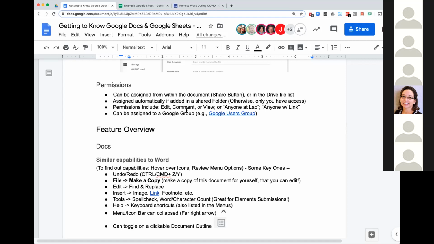So you can also assign permissions to a Google group, which is kind of nice because if you have a Google group already, you can just assign the Google group the permissions, and then you can manage who's in the Google group at the Google group level and not have to bother with adding each individual person here too. Google groups are great that way. You can add them to a meeting, and you don't have to worry about going everywhere and making sure, does this person get the invite, are they in the doc, etc.